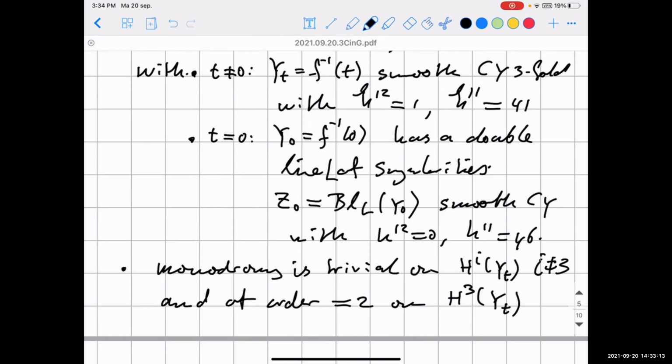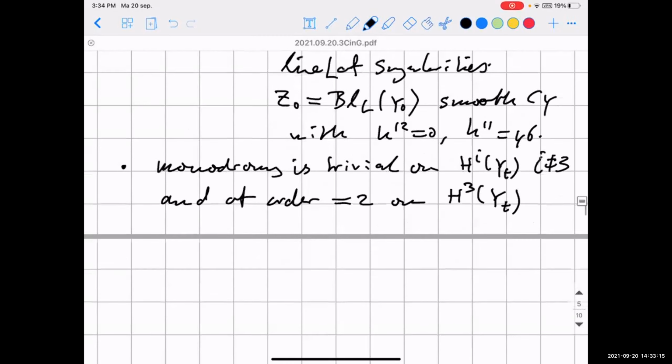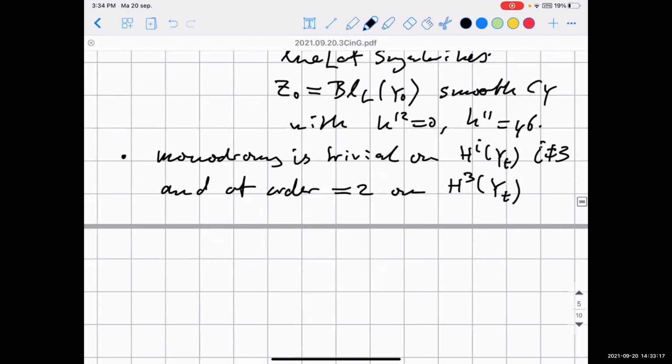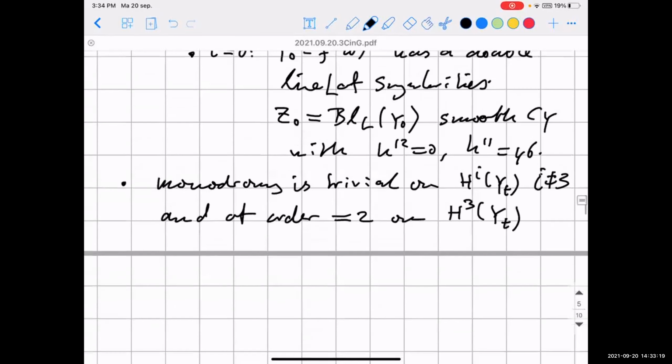So a corollary, or what comes out of this family, is